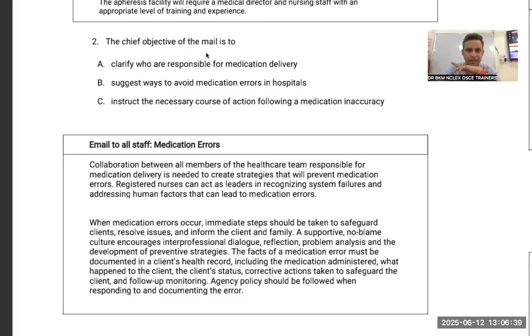Okay, cool. So what it basically means, again, guys, we have done two questions in which we have learned the importance of passive voice. Also, we have learned the importance of chief aim questions, the overall purpose of the questions. So these four lines were about medication error, but the major lines were about what to do if a medication error happens. So the number of lines tells you what the chief aim of this particular topic is. I hope everybody can understand.